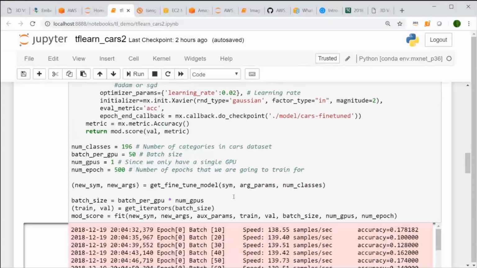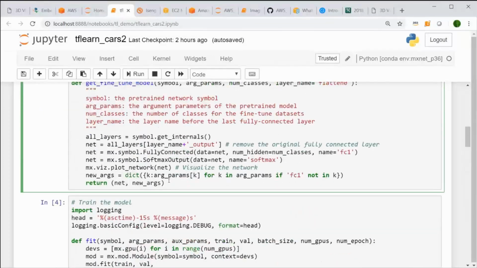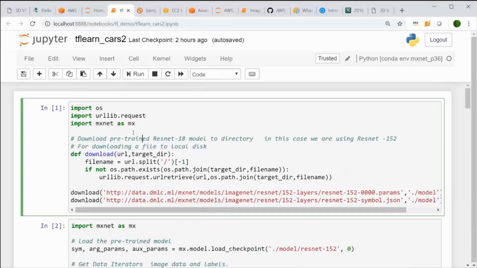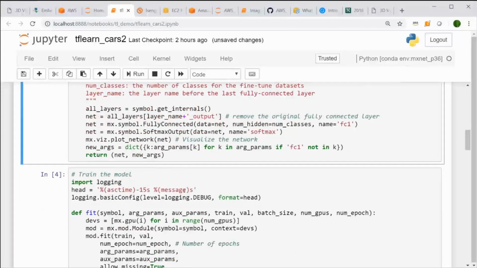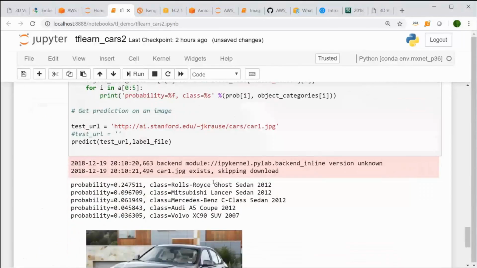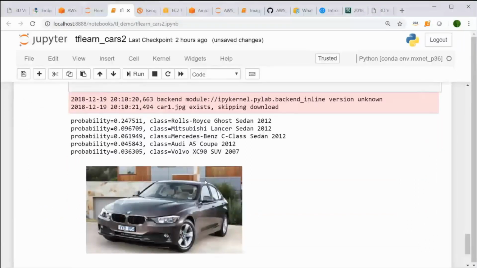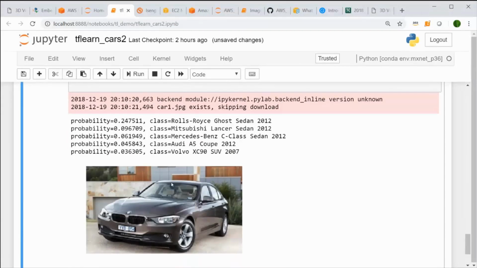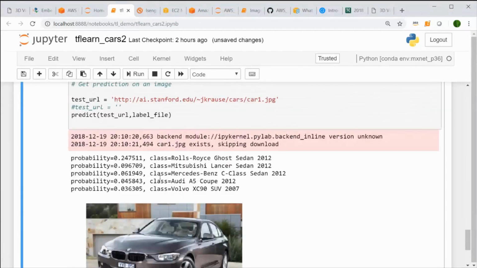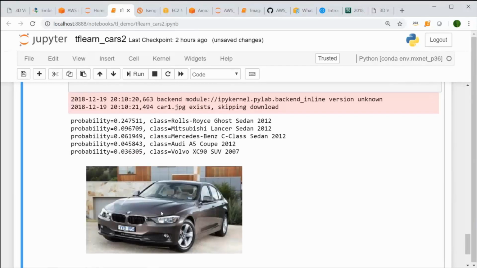So in this particular process, let me just run this particular notebook. You have to tell it how many times I want to run through the number of images that I have. So in this particular case, I'm running that through a set of cars. I gave it a data set, and the data set is all pre-labeled. At the end of the day, I asked the system, hey, I want to know what kind of vehicle this is. So in this particular case, I already trained my model, and it's looking at this particular image. It gives a not very confident answer. In fact, it's identifying it wrong.